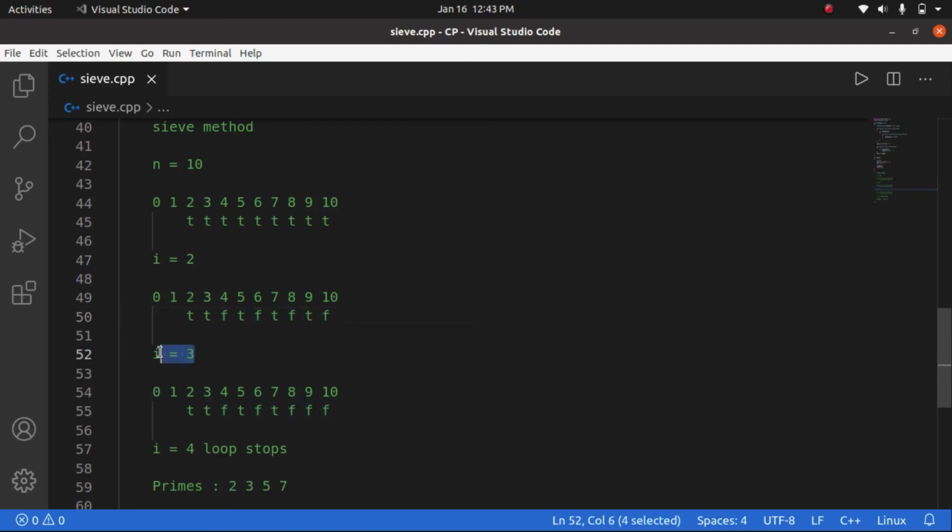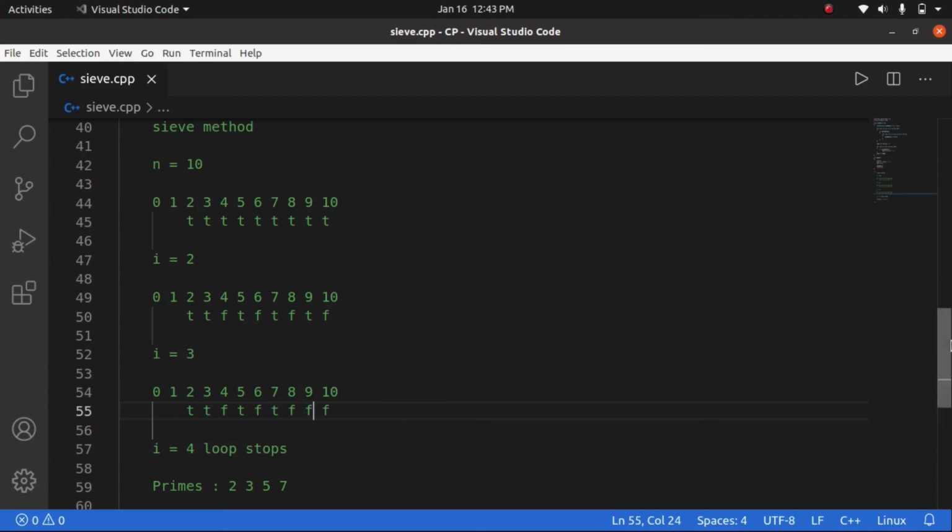Now for 3, if we had started with 3 into 2, we would end up at 6, which we have already updated with 2. So we need not start with 3 into 2. We start with 3 into 3, that is 9, and we make 9 become false.